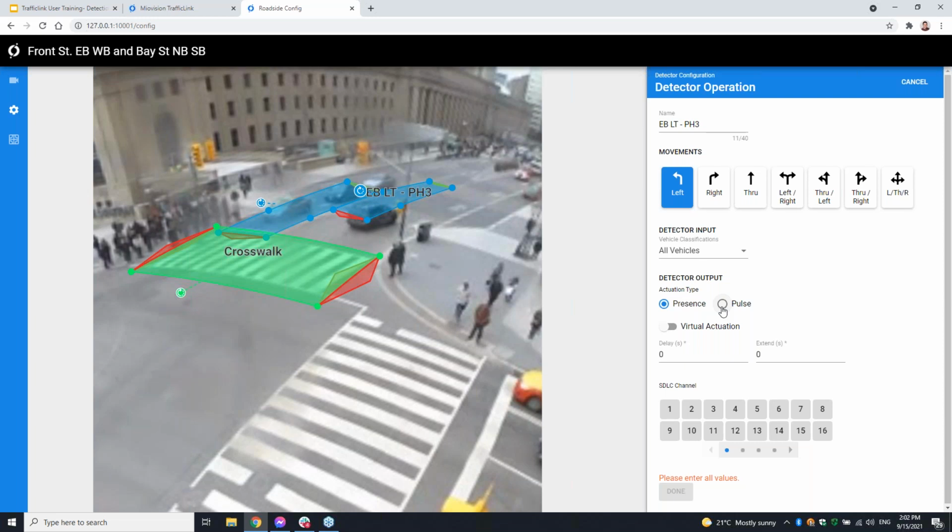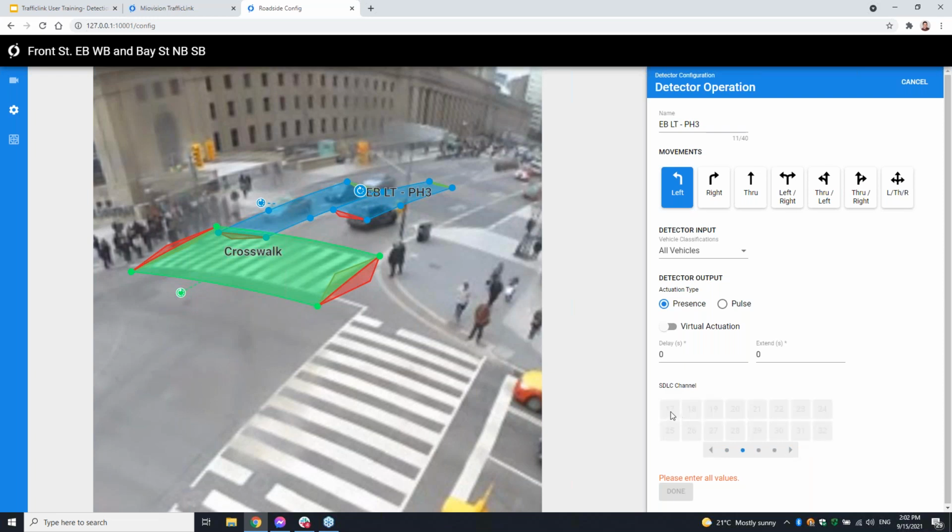If you do have existing detection at the intersection, you can just leverage that in the same way you would. Connect it to the detector rack. Often we see loops as those upstream detectors, or radars. That's fine. We can coexist with any detection system. We just need to make sure we're not overlapping any channels. So MyoVision is on detector rack 1 here, so we only have channel access 1 through 16.